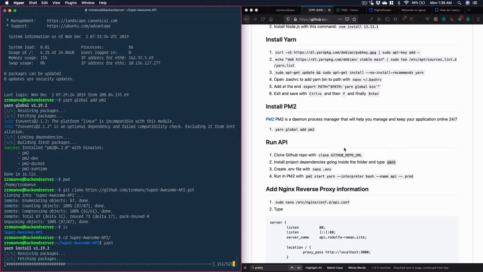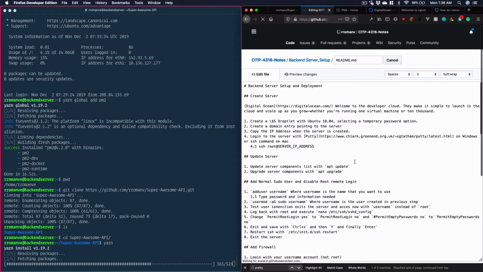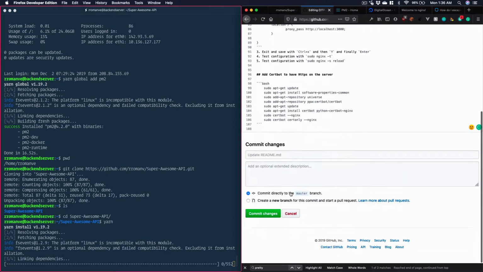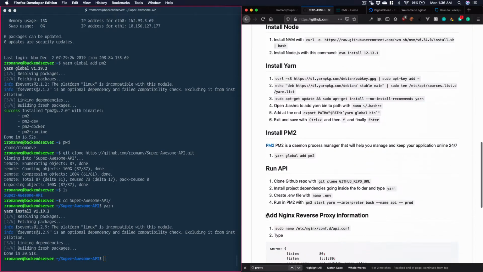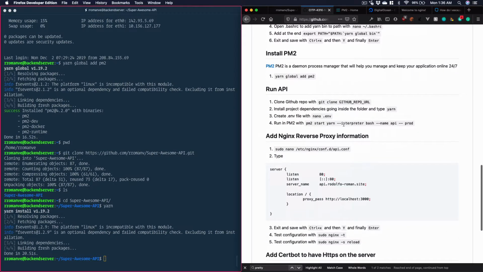Remember, for the cloning you need to actually execute git clone. I forgot the git here. Git clone. Typo in clone. Yes, perfect. Now that the dependencies are working,